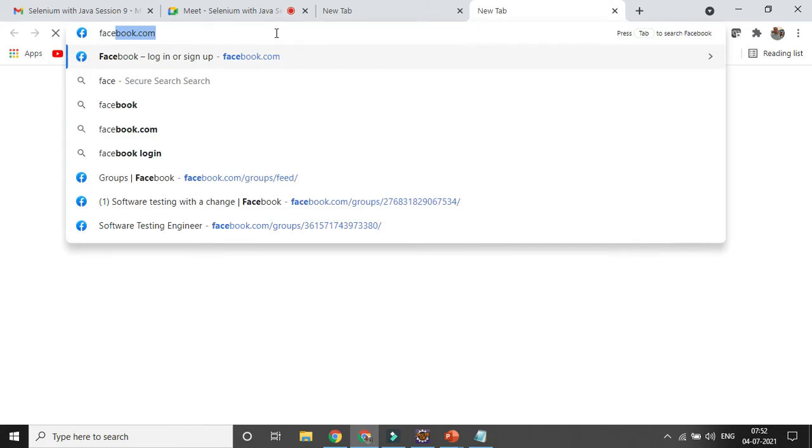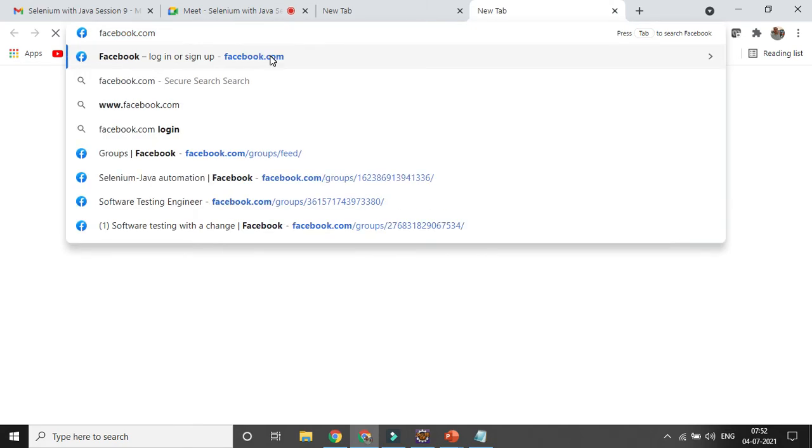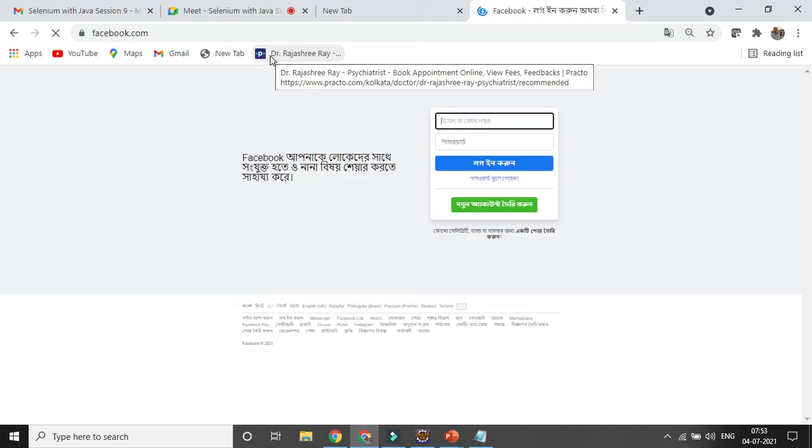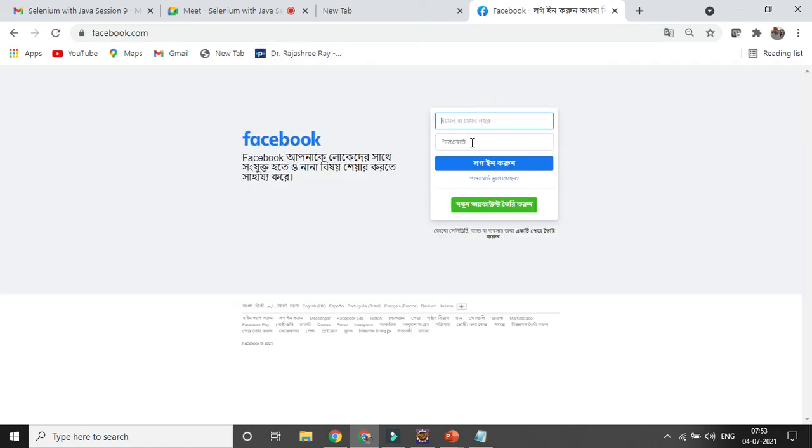So in the Facebook page, I want to provide, right, user ID and password, right? So definitely I can hard code it, right? But say I need to run it for multiple conditions, multiple number of iterations, right? So then how will we do it? So definitely you need to use some parameter. I want to add some value here and here also, right, every time. Okay, and if sometimes I need to click on the login button here, but here I will be just only passing the ID and password. So I will show you how data provider can be used.